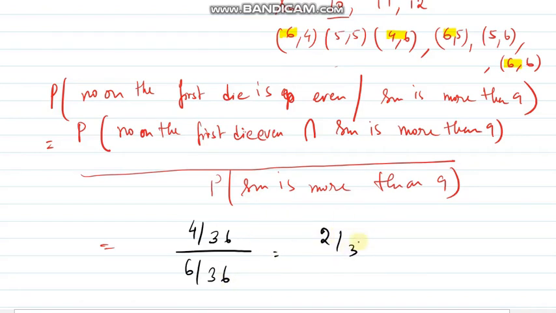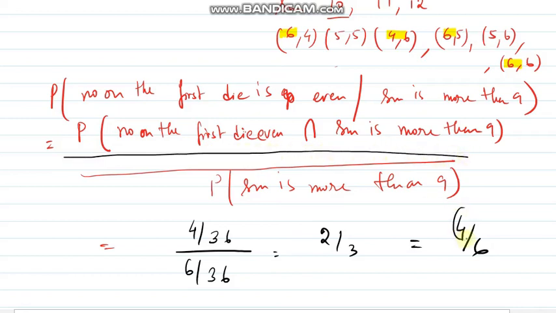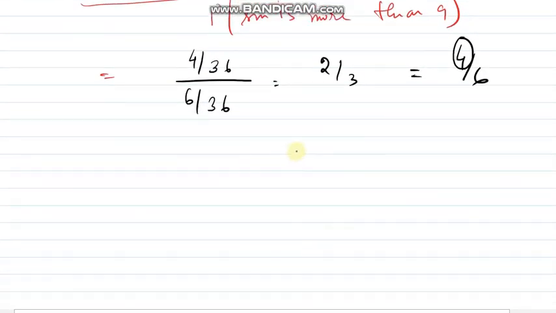I was discussing that thing. Don't write the answer as 4 divided by 6, because that time it will be wrong. You can't directly write the probability of anything as 4. You have to represent it in this format, 4 divided by the whole set and 6 divided by the whole set. Please be very careful. Don't write the answer as 4 divided by 6. That will become wrong. Okay.